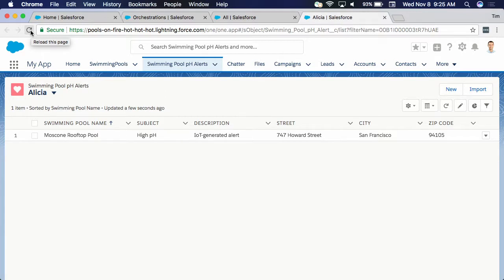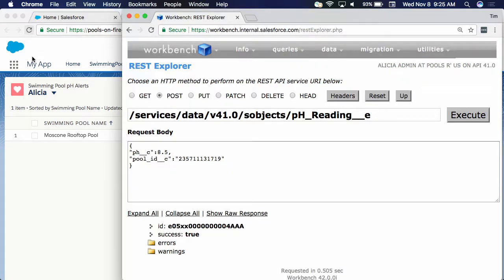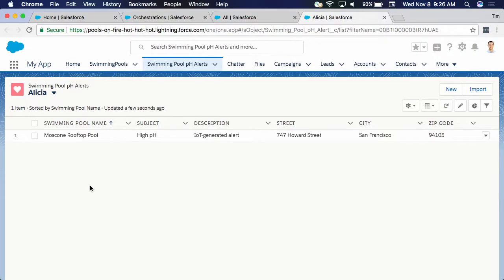swimming pool custom object. And you didn't enter that in manually, did you? No, the only thing that I sent on the event was the pH reading and the pool ID. But now Salesforce was able to create a pH alert with a bunch of information that I already put into Salesforce. Using the context. Exactly. And so what we did was we were able to take the event data, we were able to join it together with the context data, we call that context enrichment, and turn that into tangible